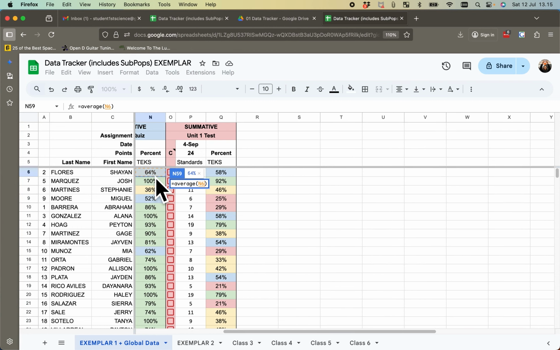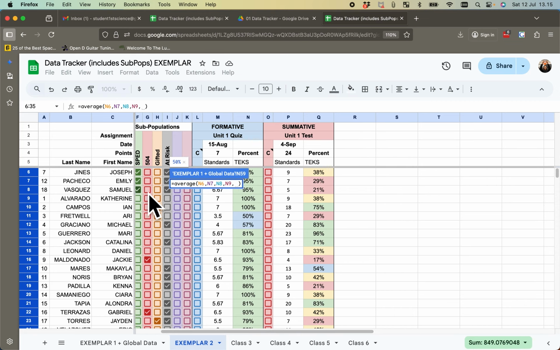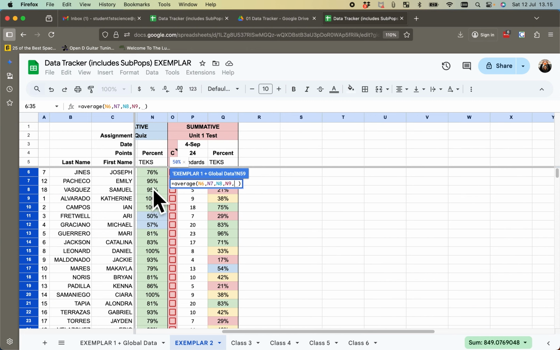I'm going to click in that cell. Then I'm going to hit comma, next cell, comma, next cell, comma, next cell, comma. Now that's all of the SPED identified kids in that class. Then I'm going to click on the tab for exemplar class 2. Notice it's the first 3 kids in that group. So I'm going to click on the first one,